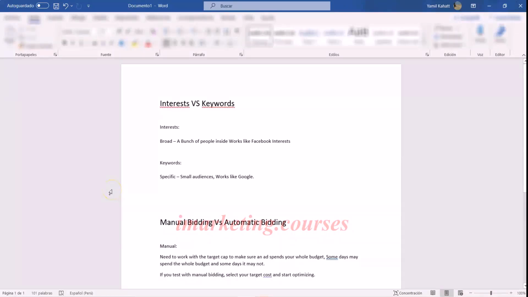In this video, we're going to talk about interests versus keywords. Interests are more broad. They have a bunch of people inside and work kind of like Facebook interests. And keywords are more specific, have small audiences, and work kind of like Google. So we're going to see a little bit deeper how this works